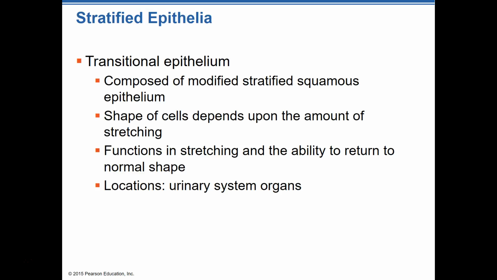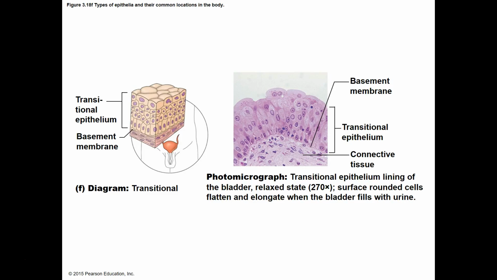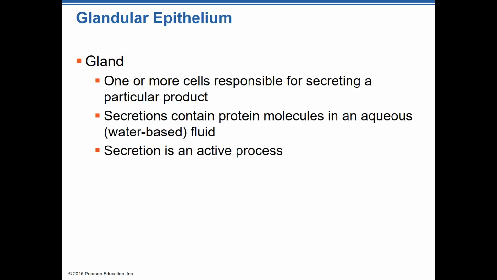You would need to know what a squamous cell looks like, and what a cuboidal cell looks like, and what a columnar cell looks like. All of those should be relatively easy. There is one other interesting one that is transitional, that we find mainly in the urinary tract and urinary system. It's in particular the bladder. It looks one way, and then when we stretch it out, because it's full, it looks a different way. So it's kind of transitional looking, and that's why we call it that. It's because its shape changes according to how full it is.